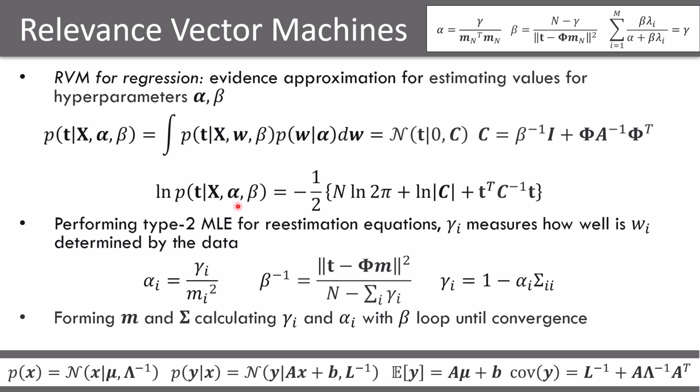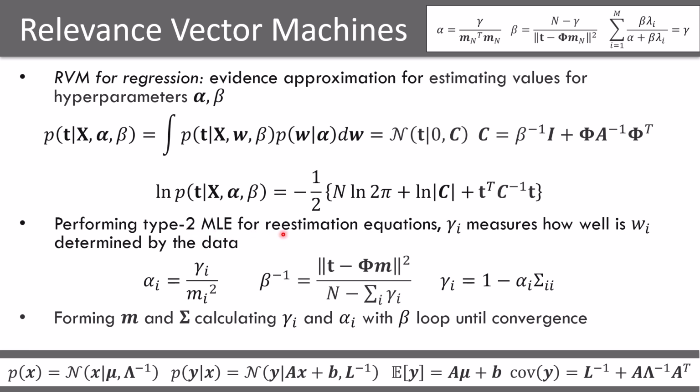When we are maximizing it, we take the logarithm. The logarithm will have this outcome, because we have these normalizing terms, and then we have the exponential term here. And we perform this type 2 maximum likelihood estimation